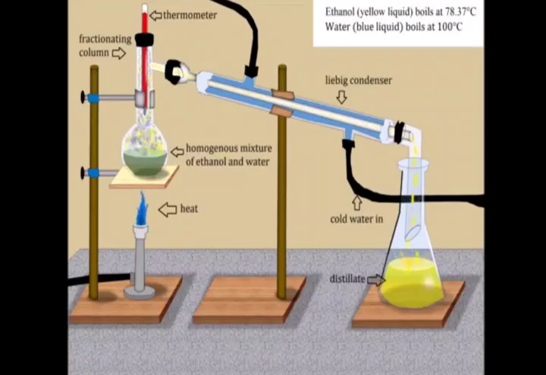Ethanol has a lower boiling point of 78.37 degrees Celsius, while water, we already know, has a boiling point of 100 degrees Celsius. So alcohol distills first because it has a lower boiling point, while water is left behind in the distillation flask. Right, you can see how it is being collected, and the fractionating column can be seen in the form of the transparent extension of the conical flask only, and it carries a thermometer as well.